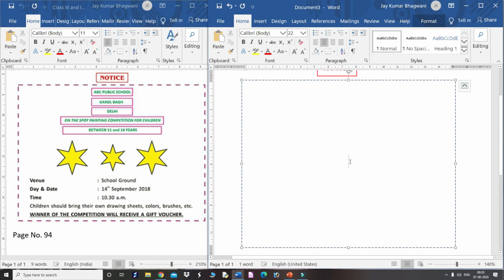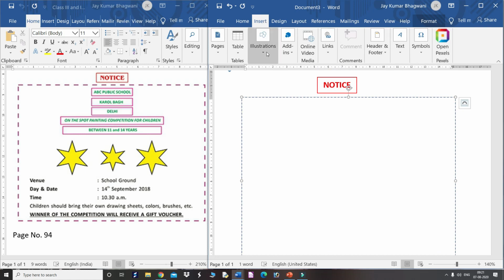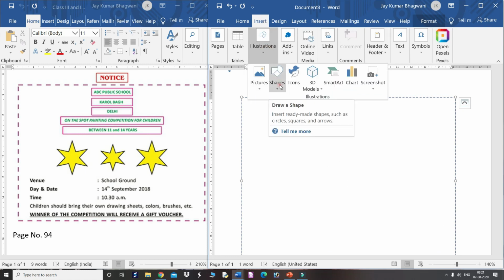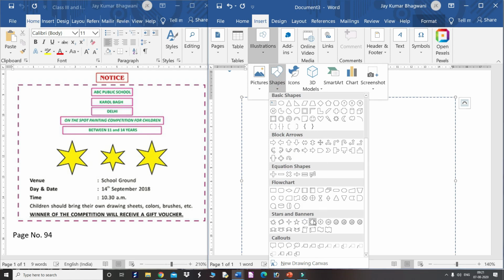But let us design some more shapes, just like these stars. So just go to the Insert tab, Illustrations, Shapes. You can find stars in this way. This is the 6-point star.